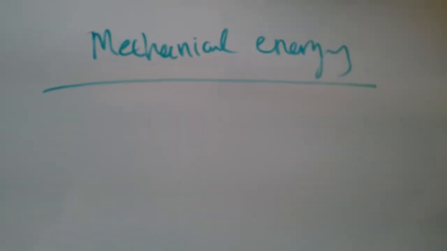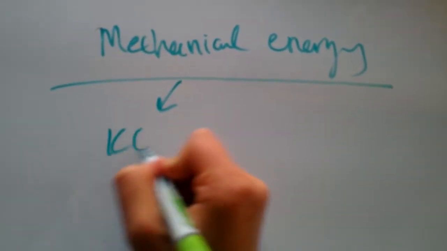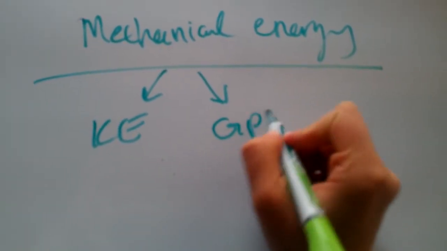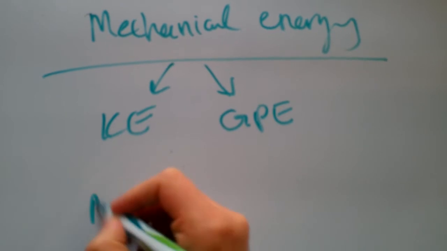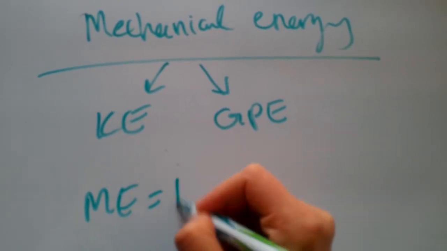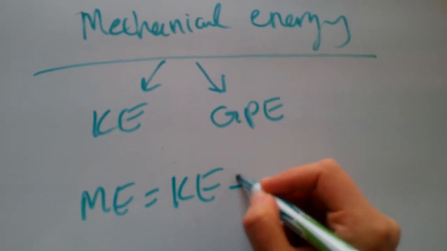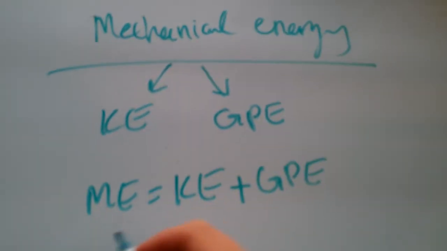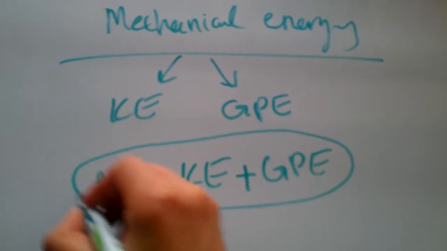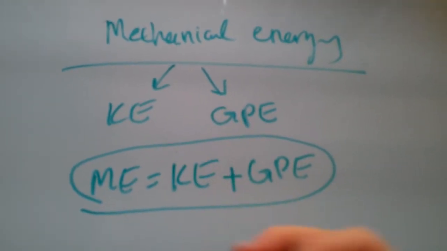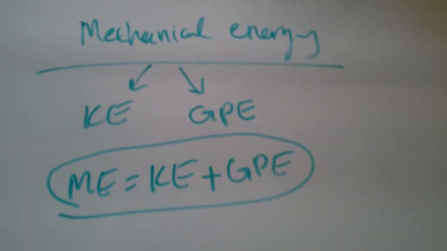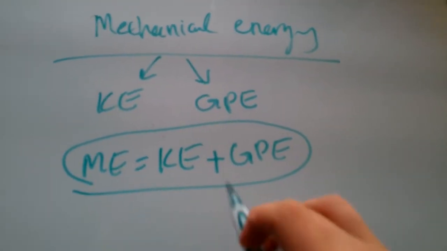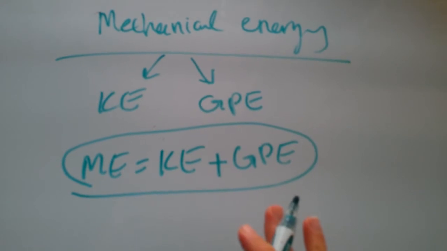Mechanical energy is essentially a combination of kinetic energy that I talked about before and gravitational potential energy. So mechanical energy, in another word, is kinetic energy plus gravitational potential energy, and this quantity, as long as there are no forces that chew up my energy, like frictional forces, air resistance and things like that, if those guys are out the window,